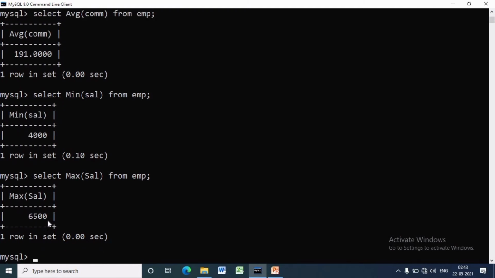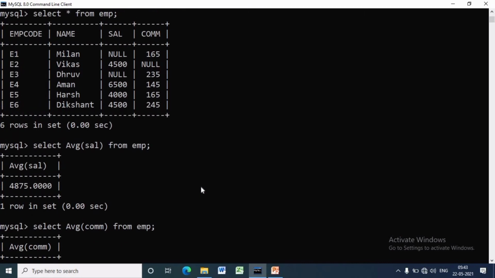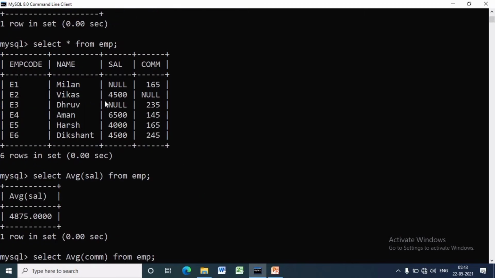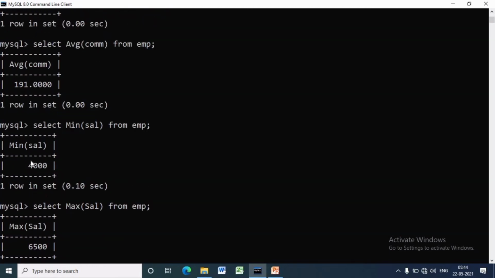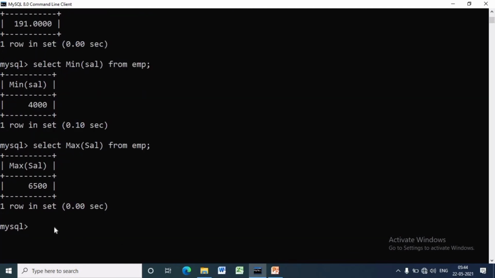As the maximum salary is 6,500, we will get 6,500. In the same way, we can calculate the minimum commission of the EMP table and maximum commission of the EMP table.